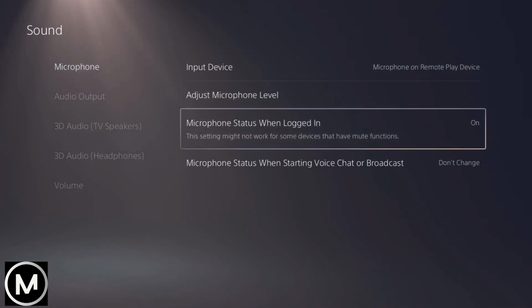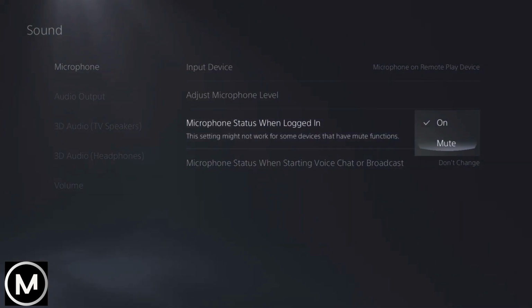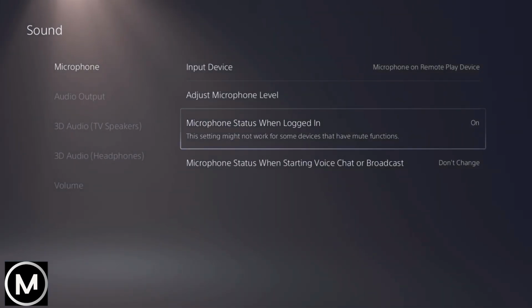To prevent the controller microphone from activating when you log in, access Settings, then Sound, and proceed to Microphone. Choose Microphone Status when logged in, and select Mute. This setting ensures that the microphone remains muted when logging into your PlayStation 5, eliminating the need to manually mute